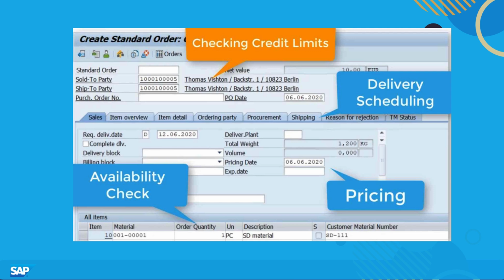In certain cases, you may also modify these details later in the process. Keep in mind that the system needs time to execute these functions in the background, so don't be concerned if there's a slight delay when processing sales orders. Having covered the basic functions during sales order processing,